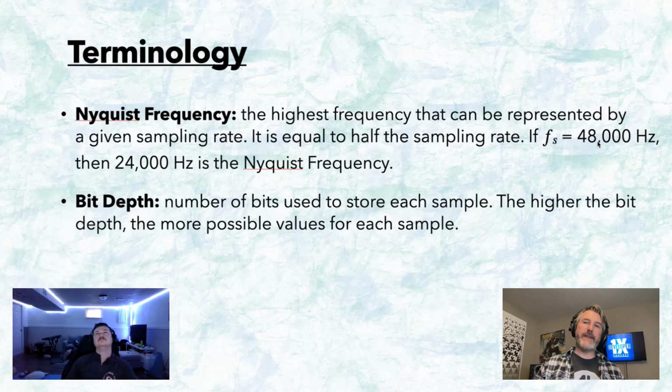And so that's kind of why 44,100 and 48,000 hertz are popular sampling rates, because the Nyquist frequency is then pretty much above the range of human hearing, right? Right. So we talked in the last presentation about 20,000 hertz-ish being about the upper end of human hearing. So if you're sampling at 48,000 hertz, you can represent up to 24,000 hertz. You shouldn't be able to represent anything there that